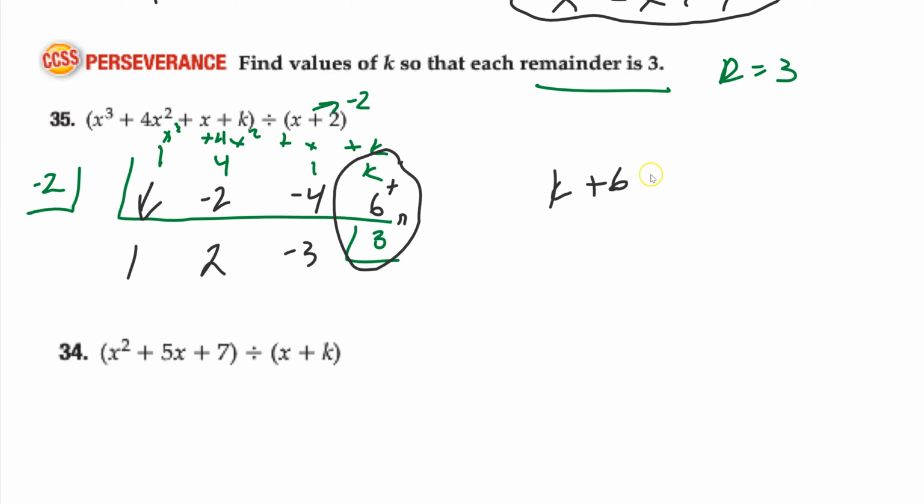So k plus 6 equals 9. Subtract 6 from both sides. K must equal 3. That's just the way it works. The same problem as always. Just set up like you normally would with the extra information. Let's do it again